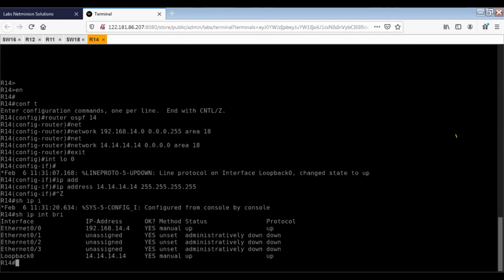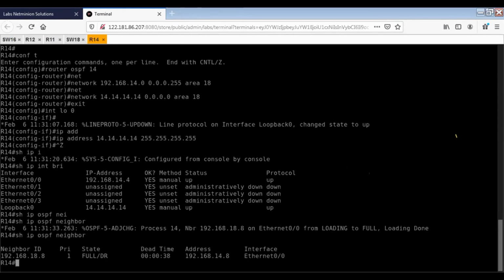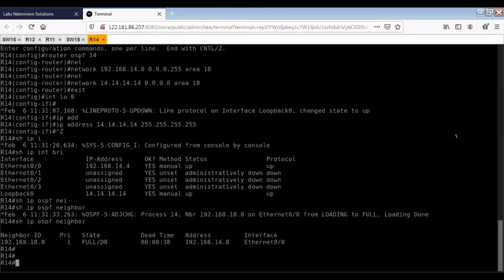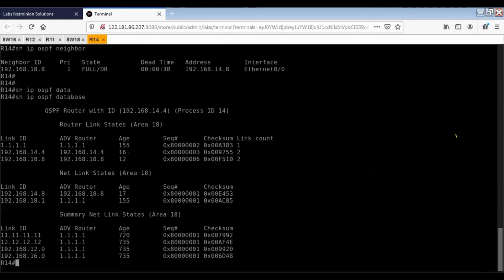So we have this area up, but if we go show IP OSPF neighbor, so we are getting that neighbor. What about the database? Show IP OSPF database.